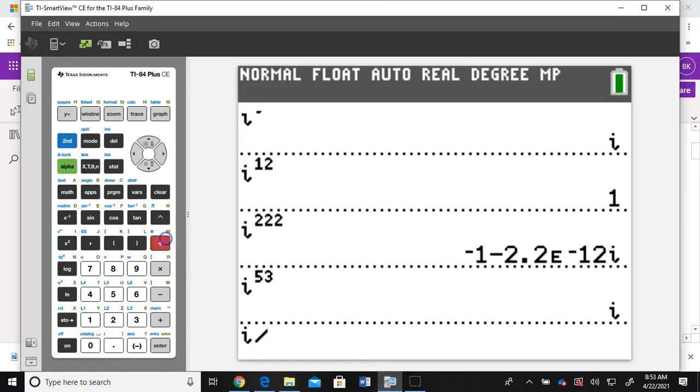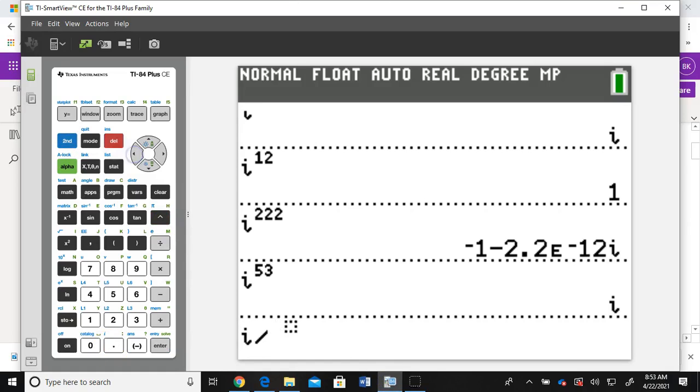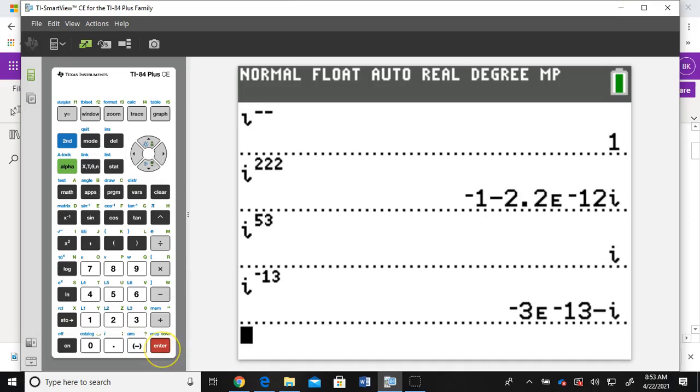Second, i to the -13th power. It does work. This is what this is saying, okay? -3 to the -13th power. This is the calculator's way of saying,